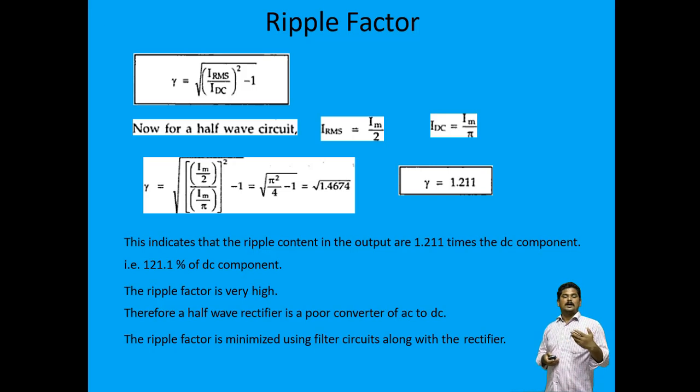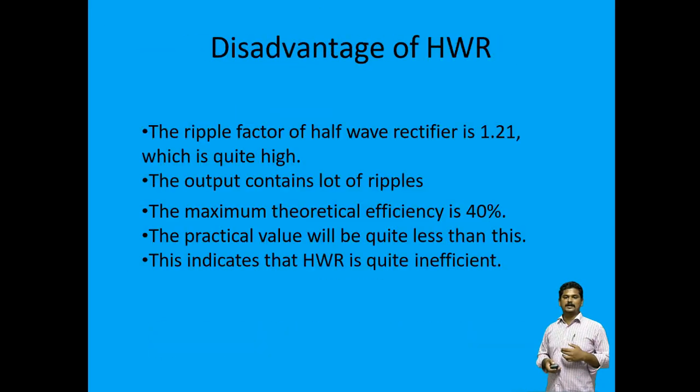The half wave rectifier is the basic part of rectifier circuits. Here the efficiency is 40.6%. We have to improve that efficiency with the help of full wave rectifiers or bridge rectifiers. Similarly, we have to minimize the ripple factor value of 1.21 as much as possible with the help of the full wave rectifier and the bridge rectifiers. And these are all the drawbacks of the half wave rectifier.